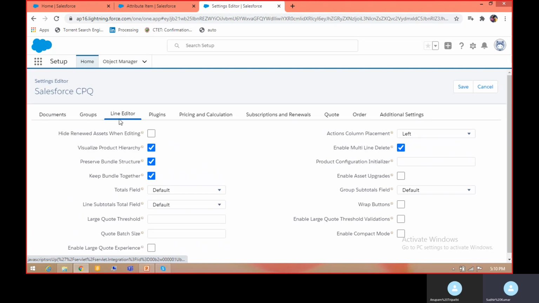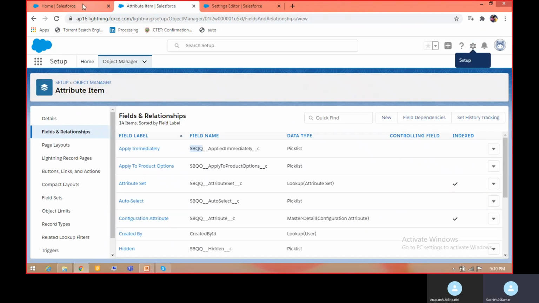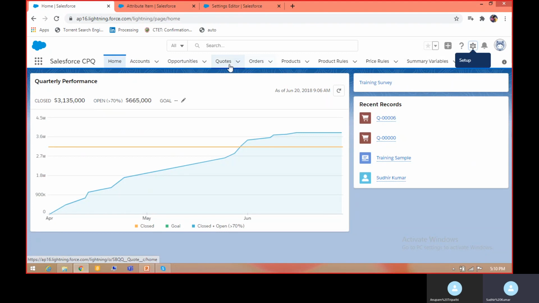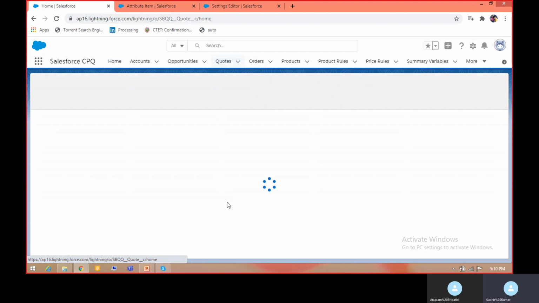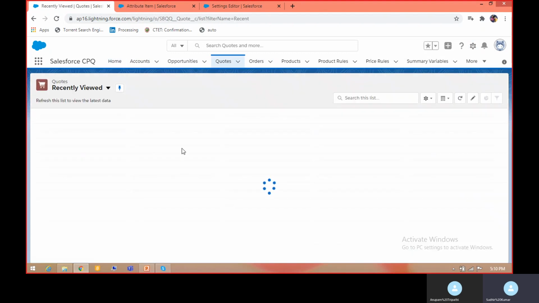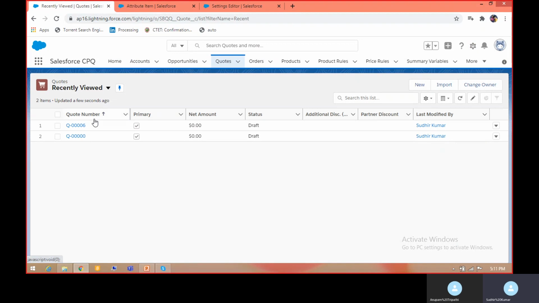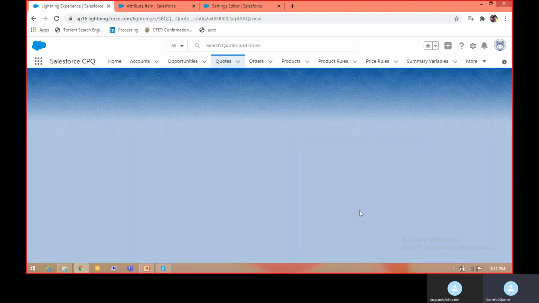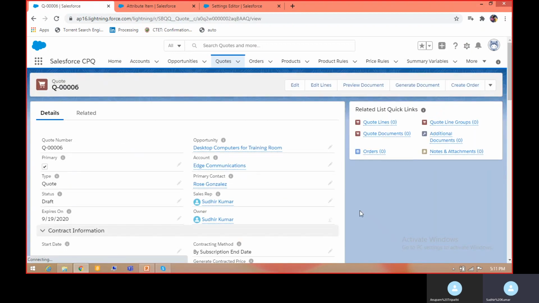Now let me show you the line editor, since the line editor is a very important part, and I will show you a few important settings of the line editor. So in quotes, I am going to select any one of the quotes.